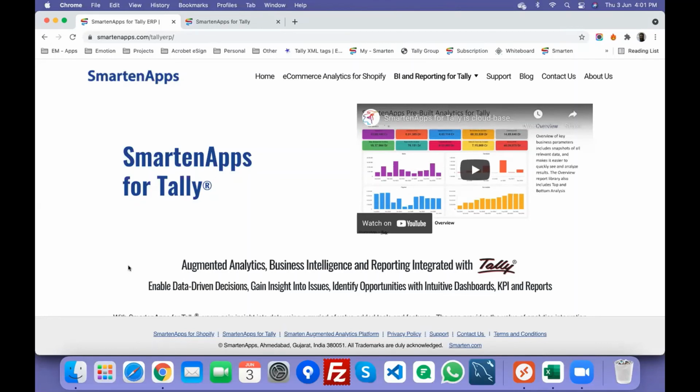One more question. I have seen that if proper configuration is not done in Tally itself, it will reflect wrong analytics. Do you provide support to do proper configuration in Tally and then reflect correct analysis in Smarten? As far as Tally configuration is concerned, we don't see any great need for any customization or special configuration in Tally. We have not come across any such complications, to be very honest. But while you are installing it, if you have any issues, our support team is available and you can get in touch with us, Ritesh.